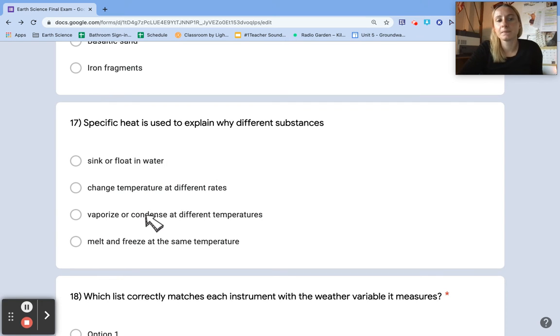Question 17. Specific heat is used to explain why different substances sink or float in water, change temperature at different rates, vaporize or condense at different temperatures, or melt and freeze at the same temperature. Specific heat is used to explain why different substances